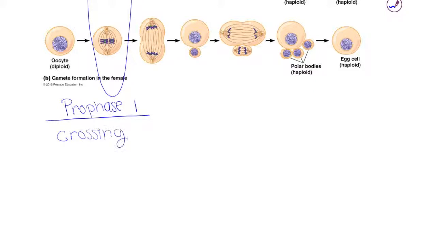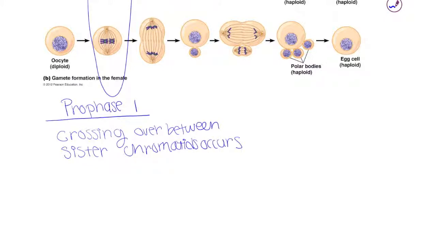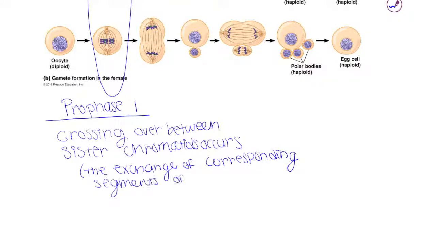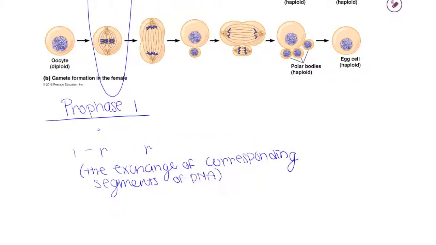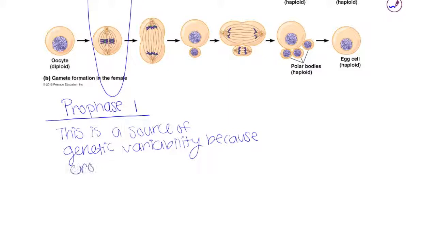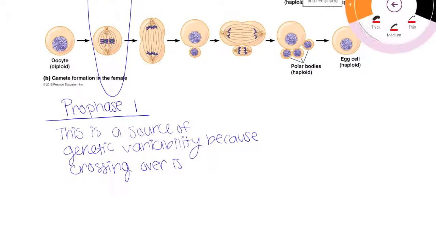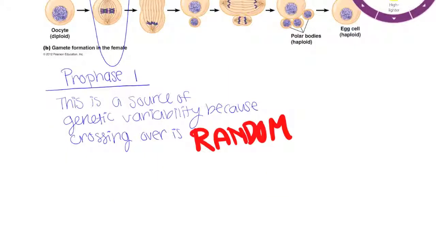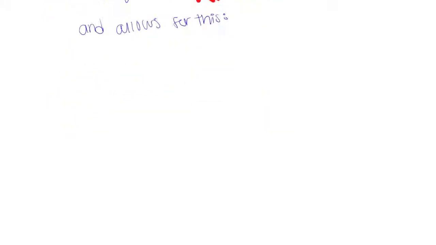We'll start with prophase 1, in which crossing over occurs between sister chromatids and the exchange of corresponding segments of DNA occurs, in which genes are crossed over, and this is the source of genetic variability. It's genetic variability because crossing over is random. Therefore, any genes can be passed on, and this allows for